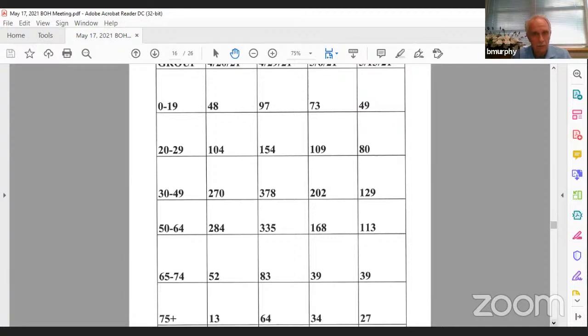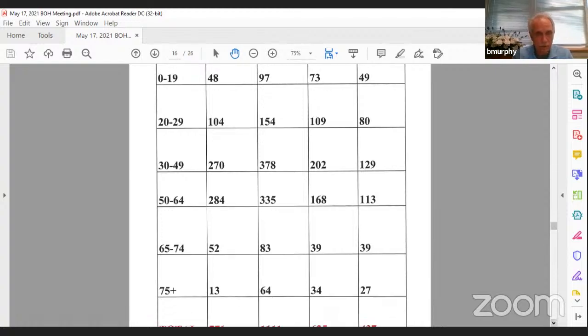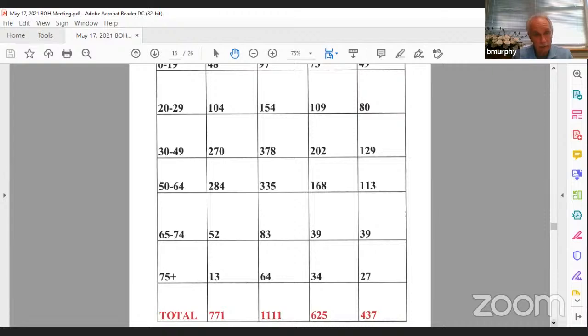The 30 to 49 has also been increased. They've come down a little the last week. And then the age group of 65 to 74 is still getting people vaccinated, even the 75 and over. So if we look back down all the way to the bottom,